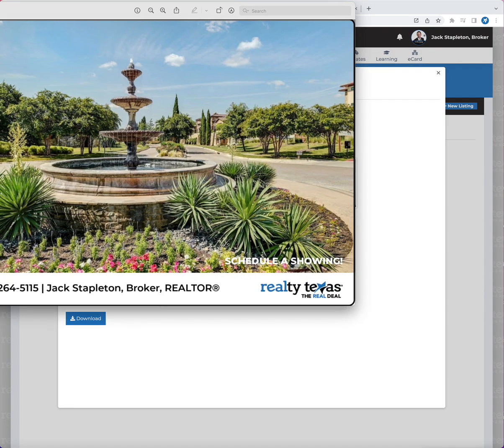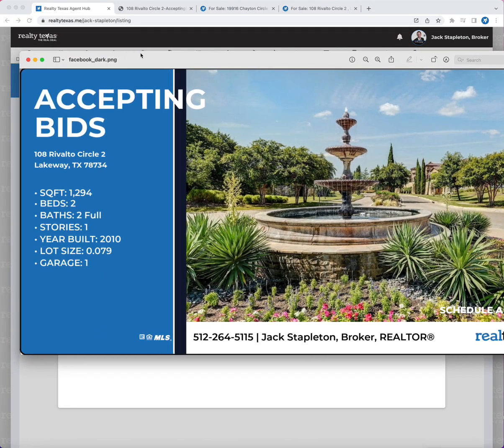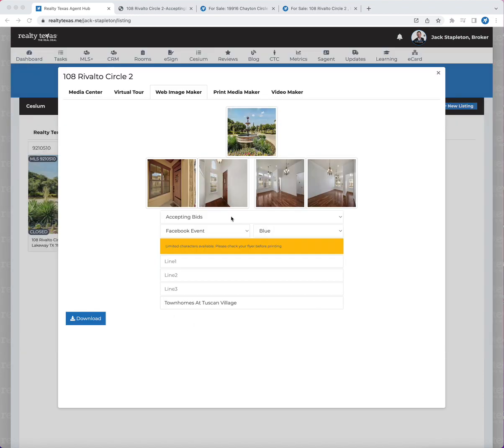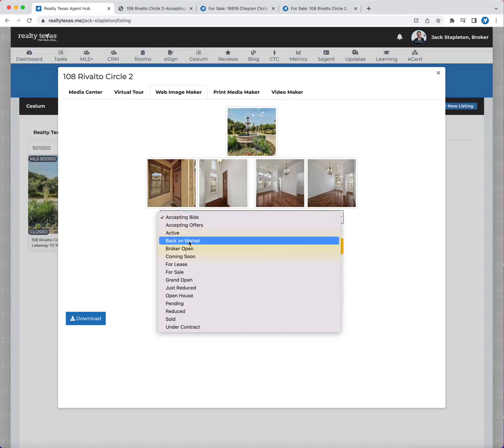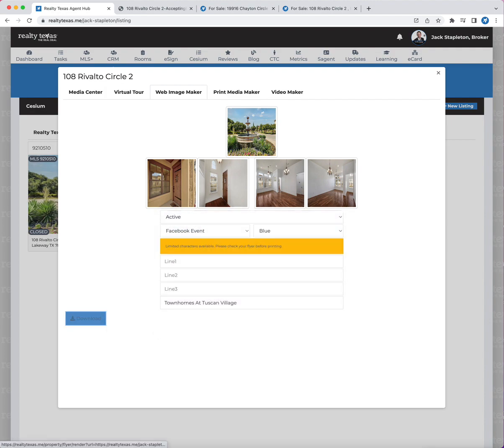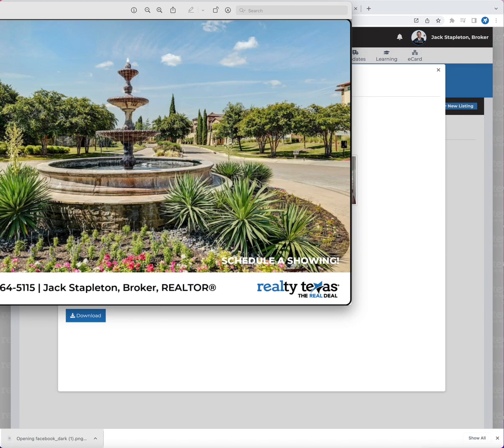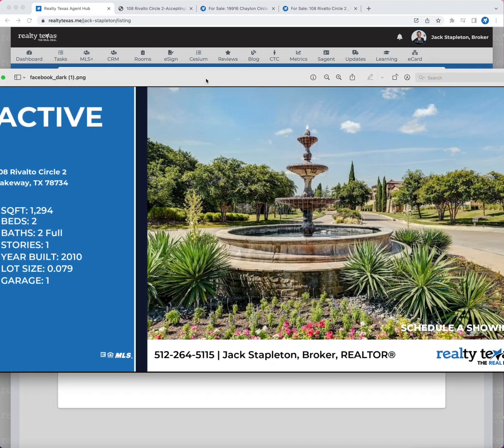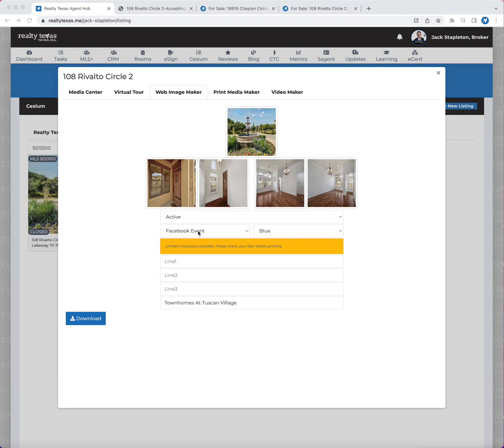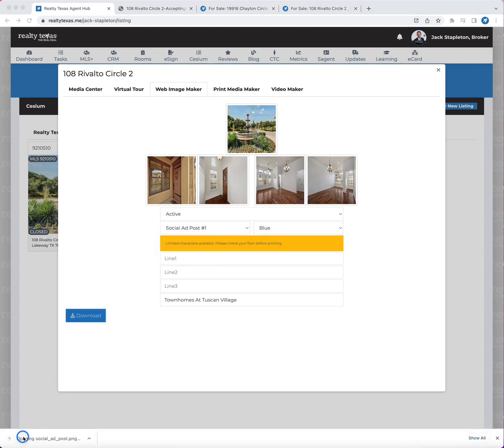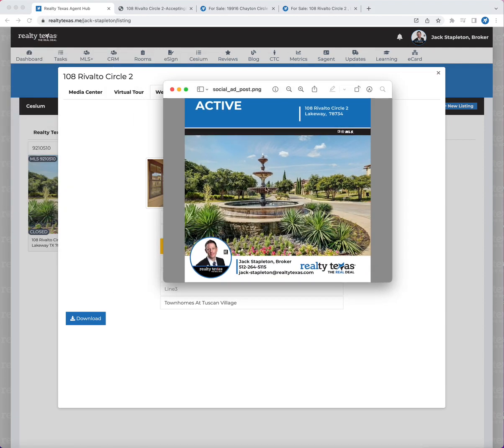Here is the Facebook event. This is going to have to be a smaller font because now that we've changed these statuses, that status is longer than the rest of them. So this one will fit here. And so you have different skins for a Facebook event versus maybe you're going to add this on Facebook and let it syndicate to Instagram. So it's a smaller post. These posts are going to have your photo and all your contact information and are super lightweight, designed for display on